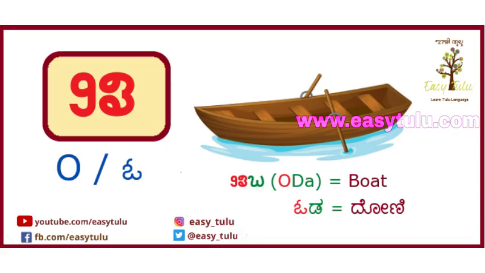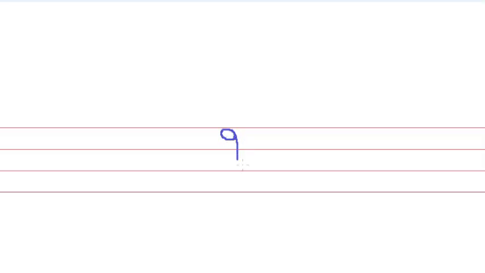Next one is O. This one is the long O sound. Example, Oda. Oda means boat. Dhoni in Kannada. Let us see how it is written. O. Next one is